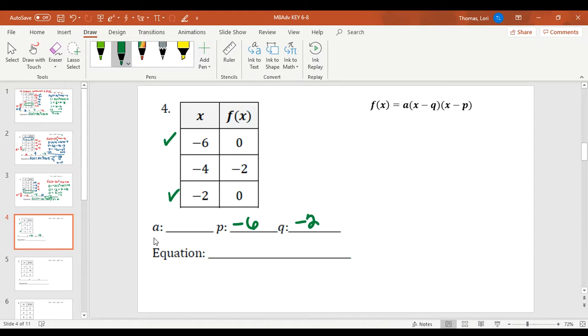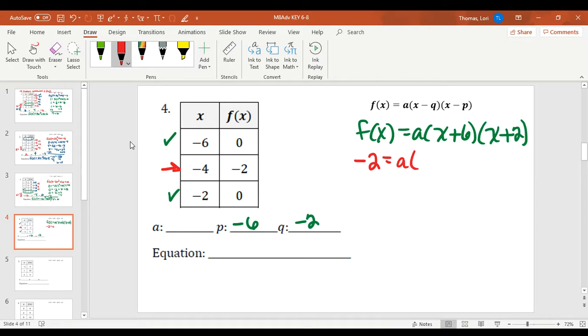Now we need to find the value of a. So we're going to plug in what we have. So it's going to be x minus -6, which is x plus 6. And then we have x minus -2, which is x plus 2. Now we're going to take the other point that was given to us and plug in for x and f of x. So let's replace f of x with -2, replace x with -4,